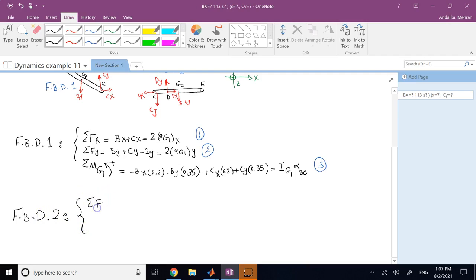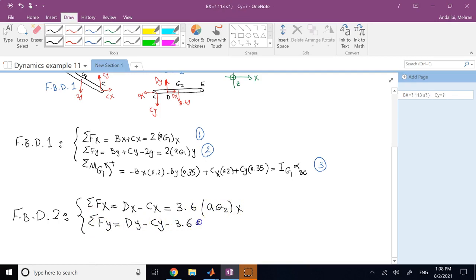And again, I have summation of the forces along x. It's going to be dx minus cx, and this is equal to the mass of that object, 3.6, times acceleration of point g2 along the x direction. Summation of forces in the y equals dy minus cy minus 3.6 times g is equal to 3.6 times acceleration g2 along the y direction, and then summation of the moments about g2 in a counterclockwise positive manner is equal to,